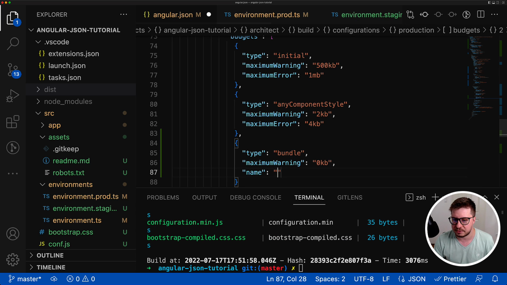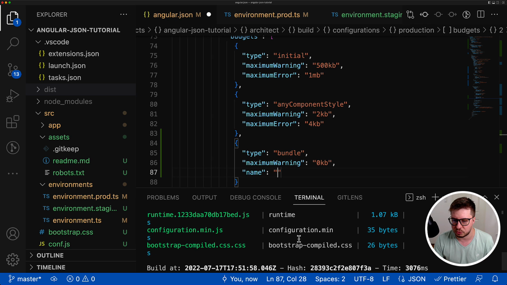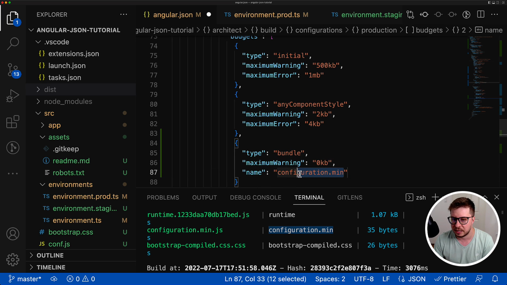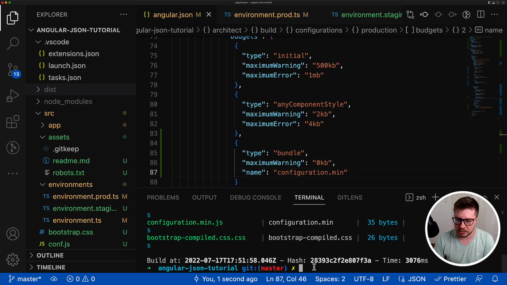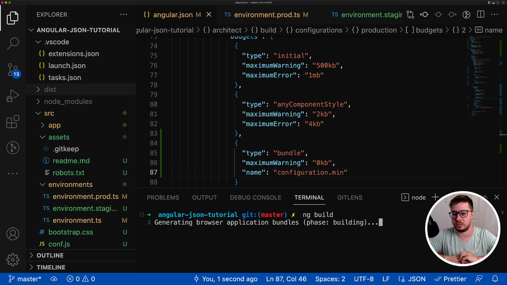So in my case, I will check the configuration min.js file, and make sure that you copy the name. So you should drop the extension js. You have to just copy configuration min and paste it here, because this is the name of the bundle, not the min.js. So we can save it and try to run the build for our application one more time,